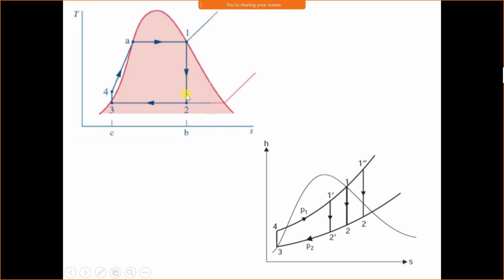Now, what is isentropic expansion? Isentropic expansion means a reversible adiabatic process. An adiabatic process is one where heat transfer is zero. Why is heat transfer zero in the turbine? Because the turbine is perfectly insulated, so that no heat can transfer from the surroundings to the system or from the system to the surroundings. Therefore, heat remains inside the system, or heat transfer is 0. Therefore, this process is called an adiabatic process, and this is a reversible type of process. Therefore, it is isentropic.